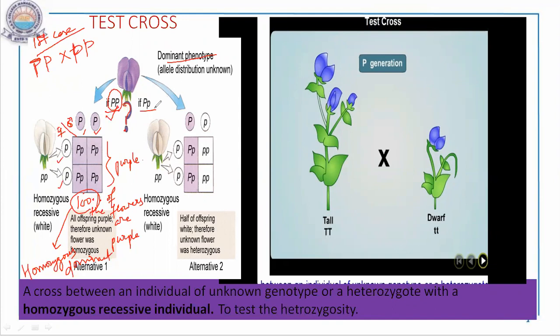Now let us assume the unknown genotype is capital P small p, that is heterozygous. So what will happen? Again I will do the cross, write down the gametes, male and female. This is capital P small p here. It is heterozygous that I have taken, so capital P small p, and I will cross it with the recessive parent, because a test cross is always crossed with a recessive parent. So recessive with small p, suppose it is a female parent.